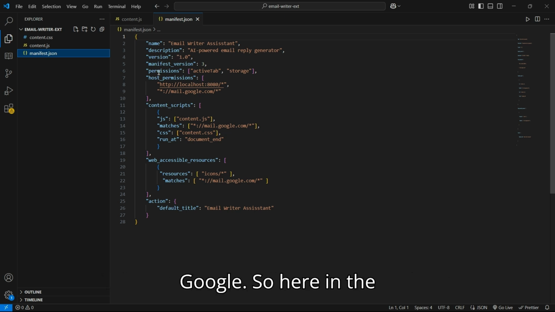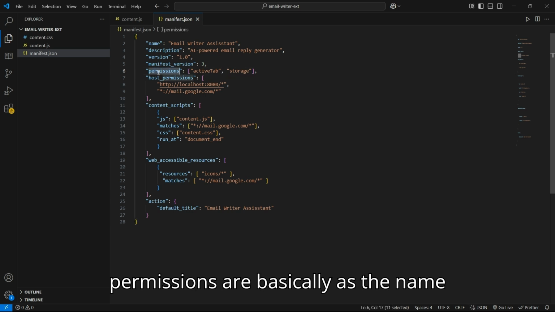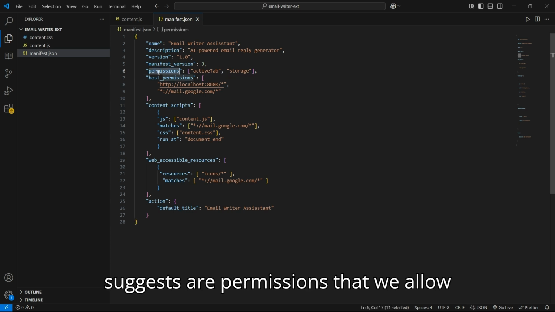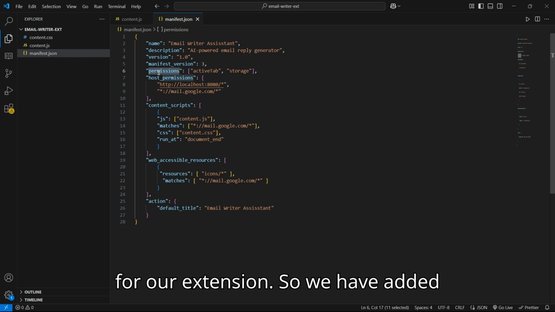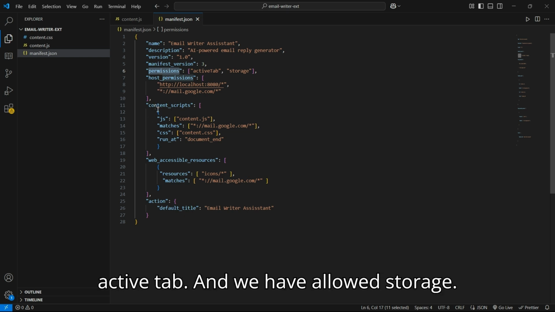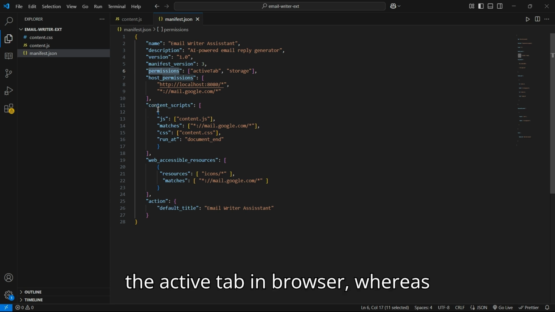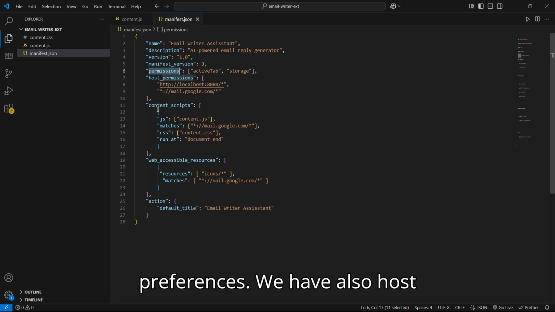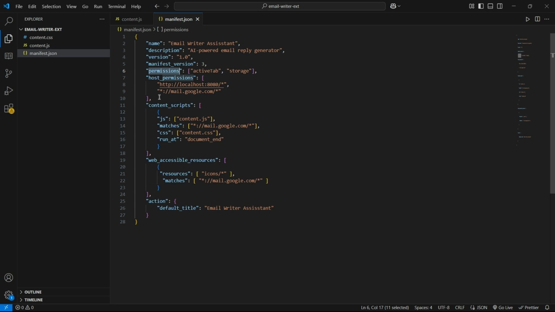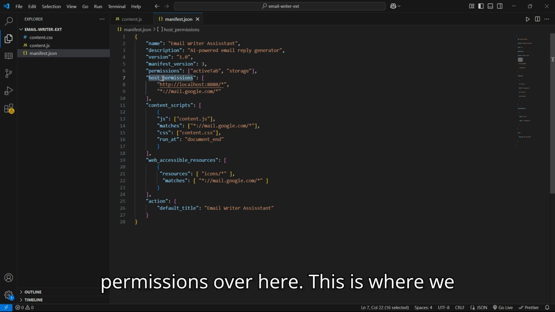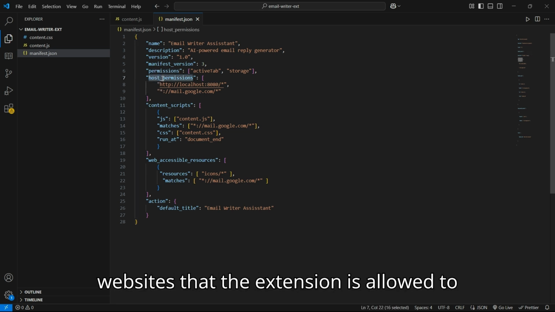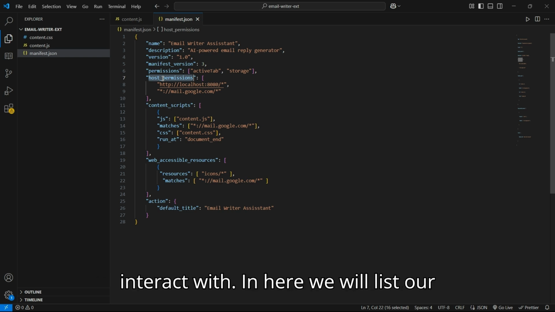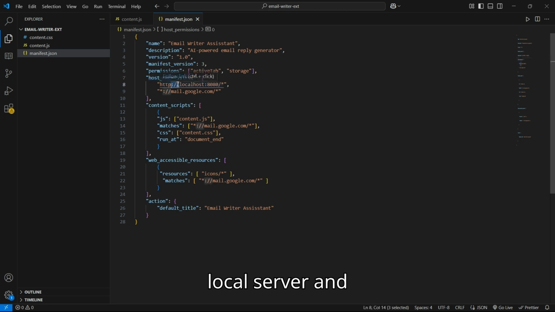So here the permissions are, as the name suggests, permissions that we allow for our extension. We have added active tab and we have allowed storage. Active tab allows our extension to access the active tab in the browser, whereas storage allows the storage and retrieval of data like user settings and preferences. We also have host permissions over here. This is where we inform the browser about the list of websites that the extension is allowed to interact with. In here, we will list our local server and